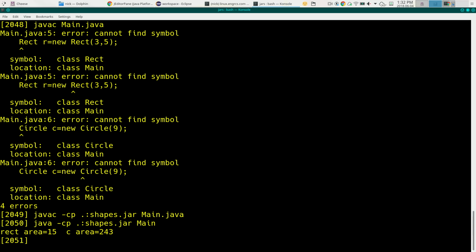Is it like a makefile almost? It's kind of like, well, you could put a makefile around this to do this. It's the result of something like a makefile. It's kind of like an object module, or what we would call a library. So like the math library under C